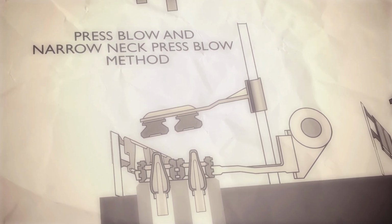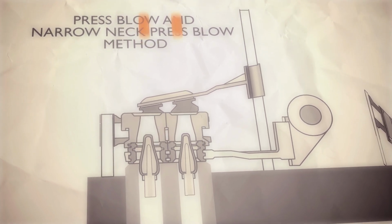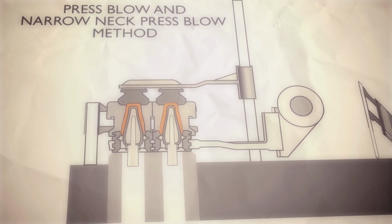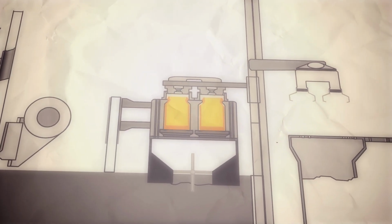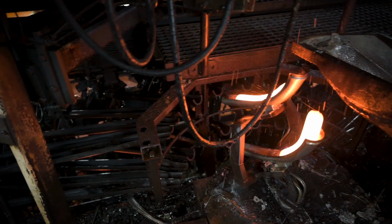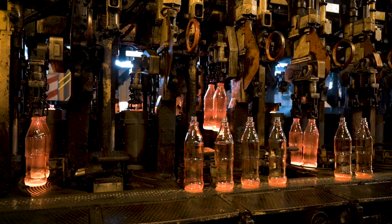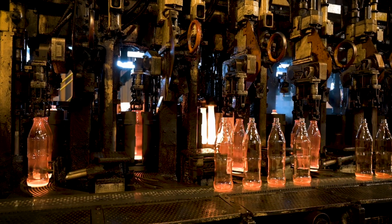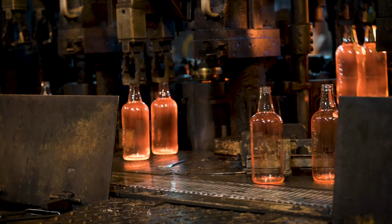The second method, known as the press-blow method, is used for jars and food containers with larger finishes. Here, a metal plunger instead of air is used to press a cavity into the gob in the blank mold before compressed air is used to form the final container. The third method, known as narrow neck press and blow, is used for narrowed neck containers, which require significantly less glass. Here, a metal plunger instead of air is used to press a cavity into the gob, similar to the